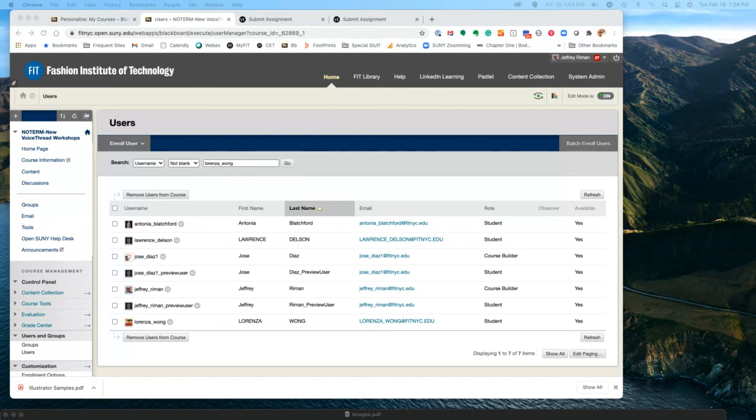And it says no term assigned. It says no term new VoiceThread workshops. Click on that. Oh my goodness. Okay. I guess I'm enrolled in 2 courses and I was looking at the first one. My apologies. No worries. I see you have both. Is it the last one at the bottom? Yes. I didn't scroll all the way down. I assumed it was the first one. Yeah, you're in now. Thank you. Sure.